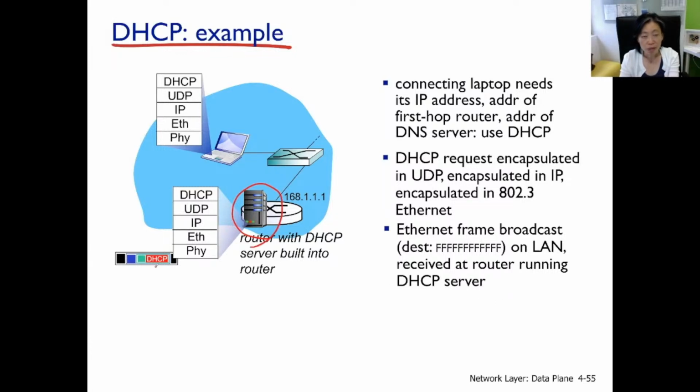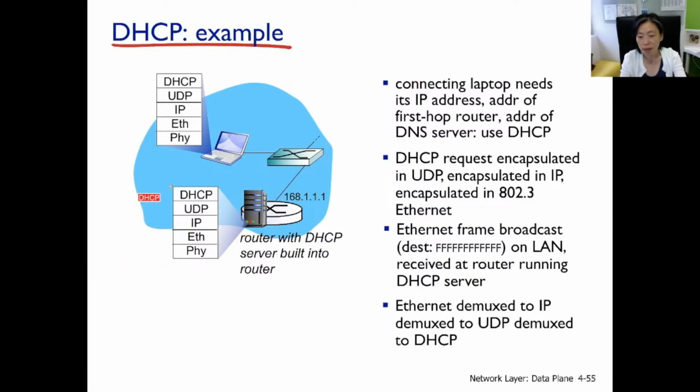So this is what is going to be extracted and passed up to the IP layer. This is extracted and passed up to UDP, and this is extracted, eventually reaching the application layer. So the server can then see this is a request message, and therefore sends back a reply. So you see here, going all the way, Ethernet gets demuxed to IP, to UDP, and finally, the server side of